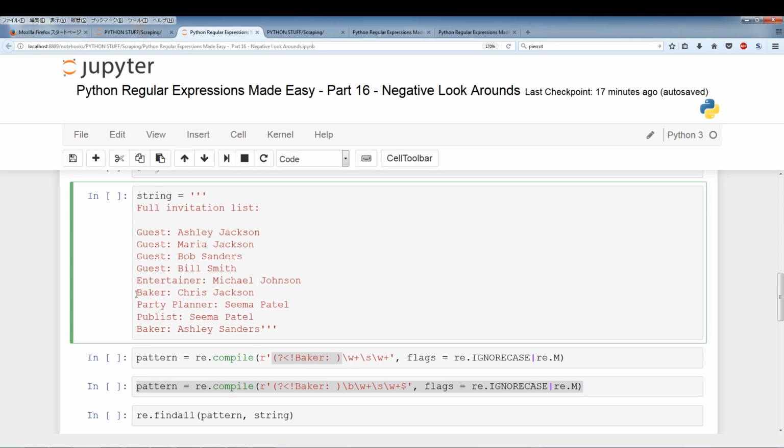So if we look here, "baker colon space," right? We don't want it to be preceded by that. So this C actually is preceded by this "baker colon space." So the problem is this C is not going to get captured. However, if you just look at this H, if we start from H,